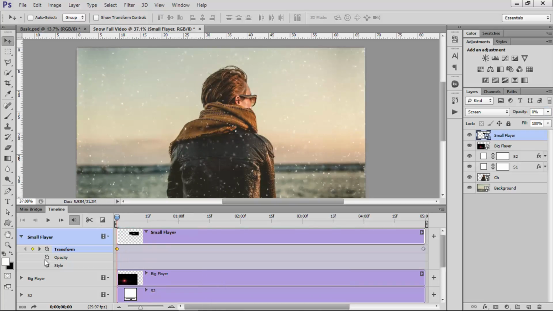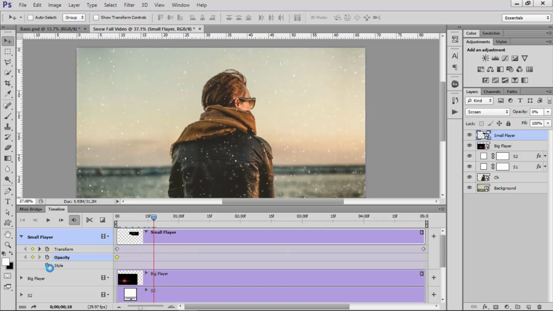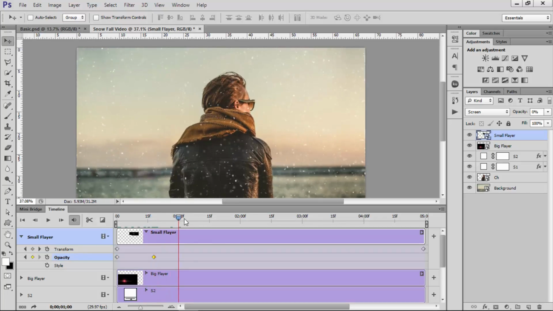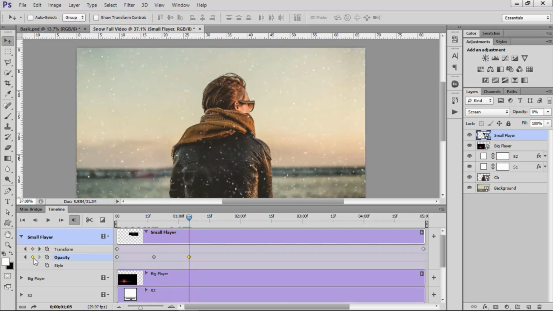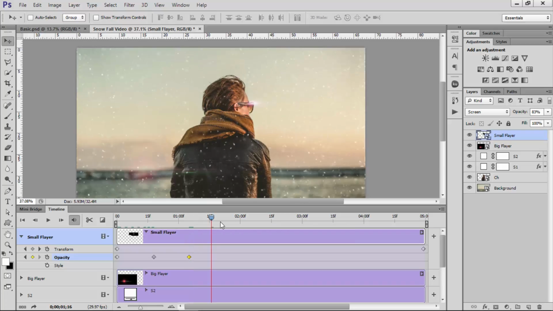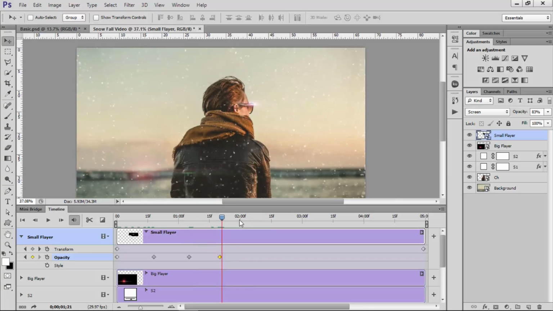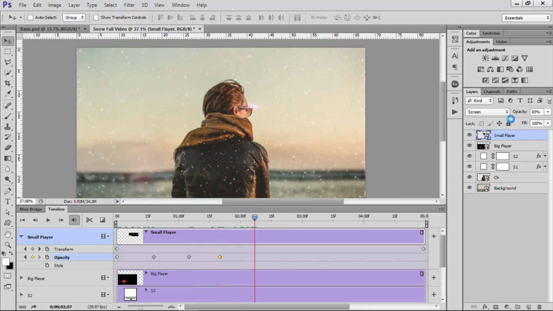Again opacity 0, start it will be 0, from 15 pixel frames it will be kept 0, and from 15 to maybe 30 pixel frames it will be maybe 80, 85 or 83%. From here to here it will be kept 83, and from here it will be totally invisible again,